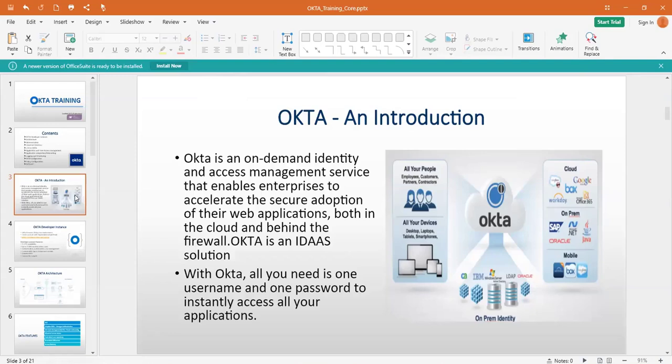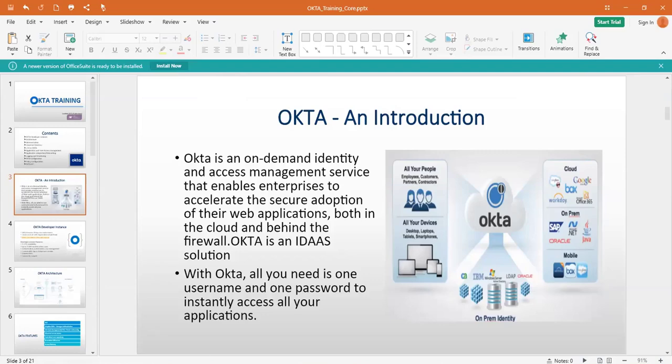If you don't have any directory in your organization, you are just going to maintain only Okta accounts. For that also, you just need only a user account and password. You don't need any other information to access Okta. With the help of those accounts, you can log in and control your organization's applications for single sign-on. You can manage your identity. You can manage your access inside your organization. Okay, is that clear?